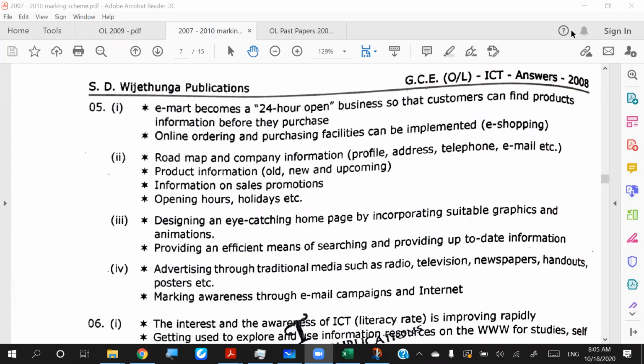And again, you can give it like this as well. You can say the website can be incorporated with different languages. You can incorporate a Sinhala site, an English site, and a Tamil site, so in a trilingual manner. That can also be given to this particular site. So those type of answers. You can take 2 marks for 2 features. If you get any alternative ones, just let me know.